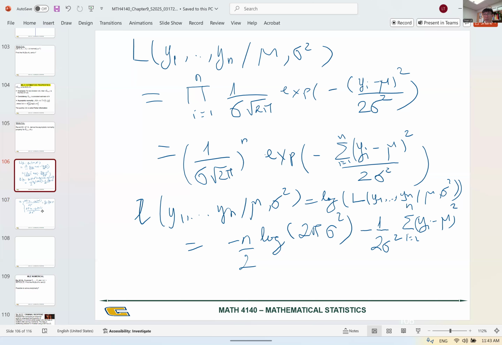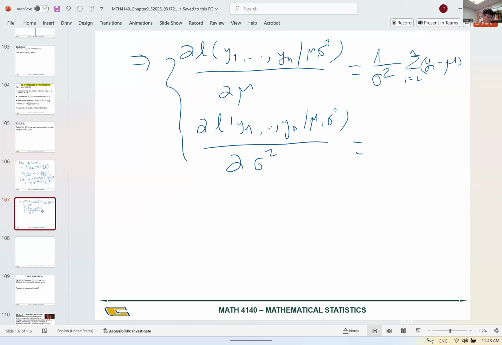So I get 1 over sigma square times the summation here. And for this one, if you take the derivative by sigma square, what we get will be